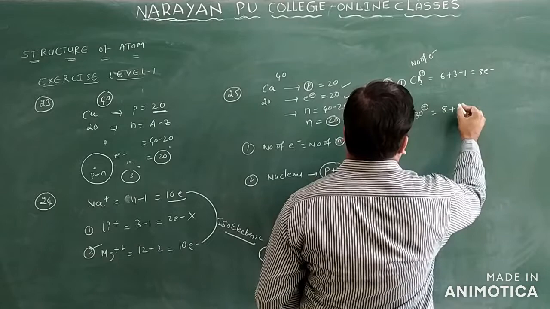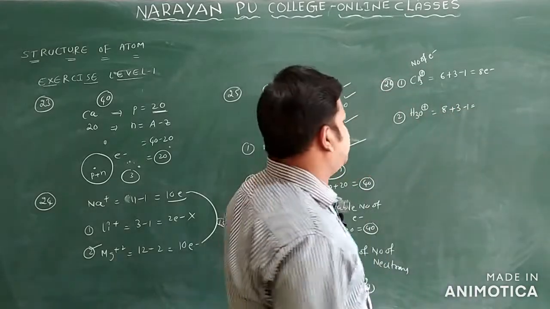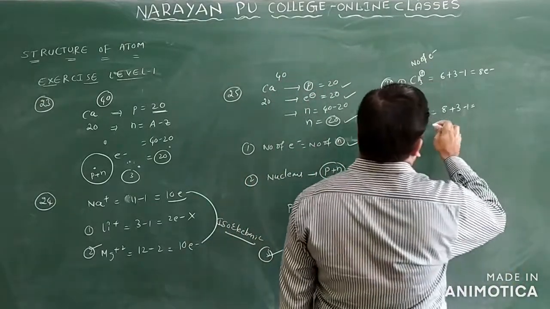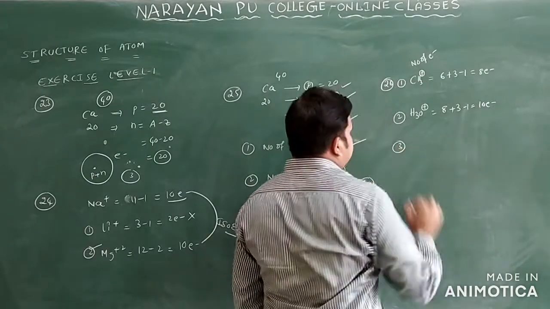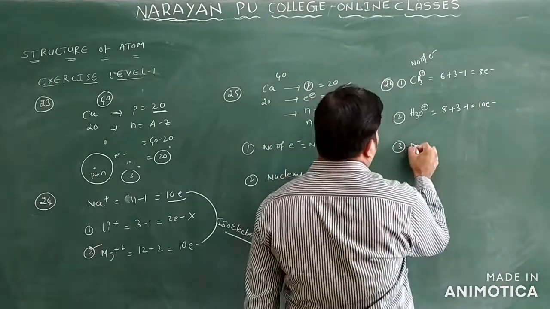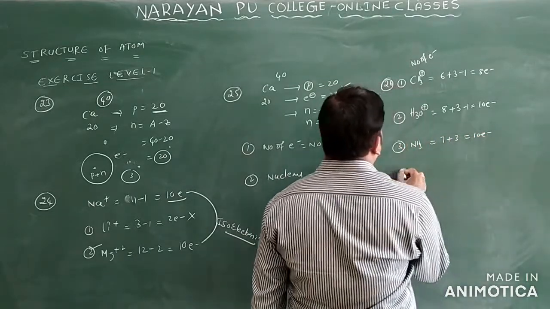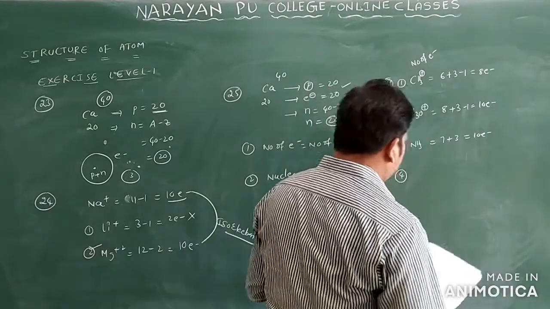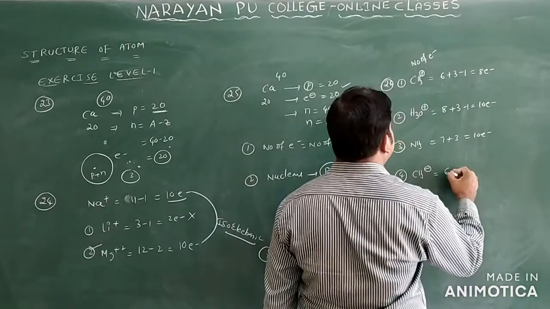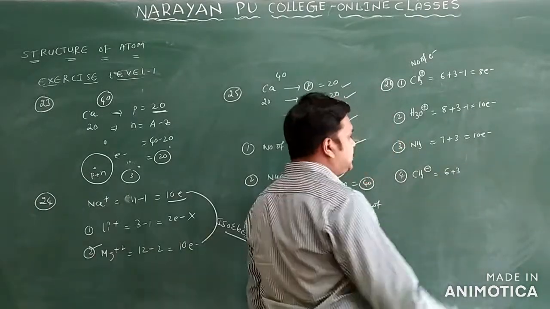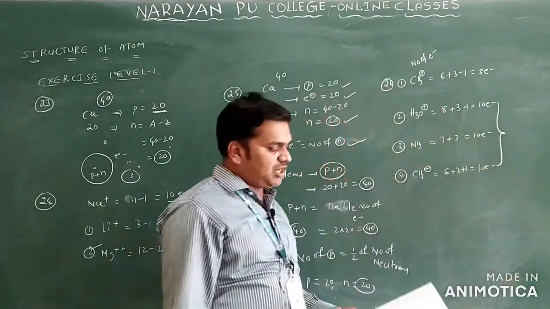Oxygen we have 8 electrons. This is 3, minus 1. Why minus 1? Positive charge is there. So you can see here 8 plus 3, what? 11. 11 minus 1, we have 10 electrons. See the third option we have, that is NH3 only. Nitrogen is 7 only, plus 3, we have 10 electrons. And the fourth option we have is CH3 minus. Carbon 6, 3 hydrogens, negative charge is there, plus 1 you can add, how much we have? 10 electrons only.